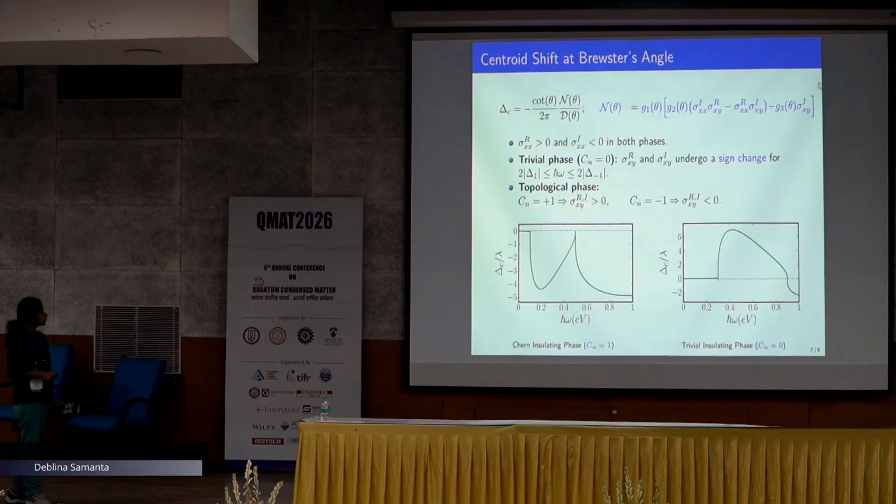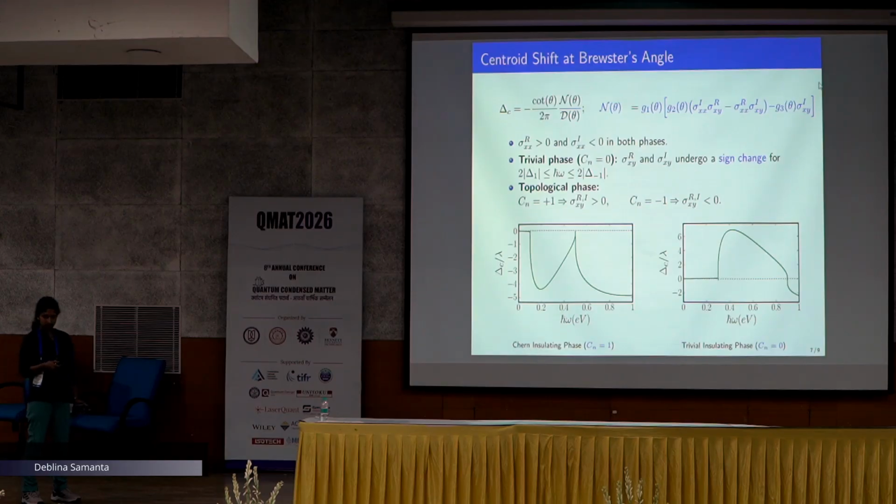And if we are in topological phase, along with the longitudinal conductivity, the Hall conductivity also has a specific sign structure for charge number 1 or -1. So if you put that condition all together in the n of theta, then you can see that the sign of photonic spin Hall shift will never change sign, and particularly for charge number 1 it will always be negative, and for charge number -1 it will always be positive.